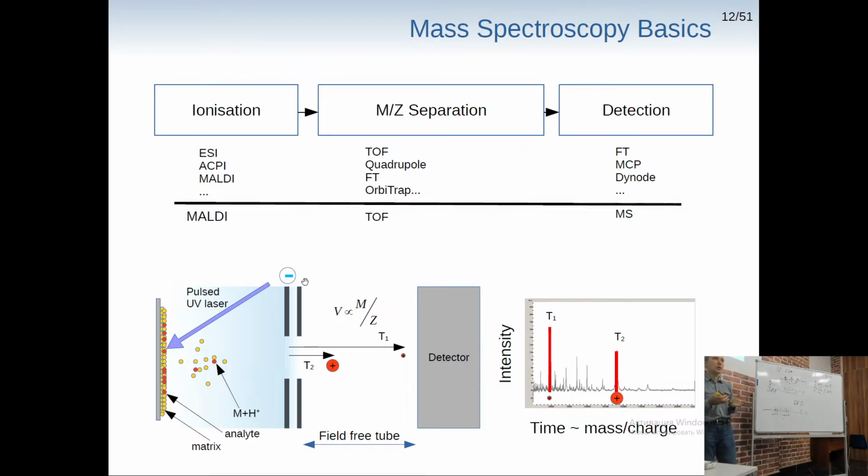So, a mass spectrometer actually has three different parts. It's a part which will ionize your sample, a part which will make some separation, either in time or in space, or even in the frequency domain, and some part which will allow you to detect those charged particles. And of course,